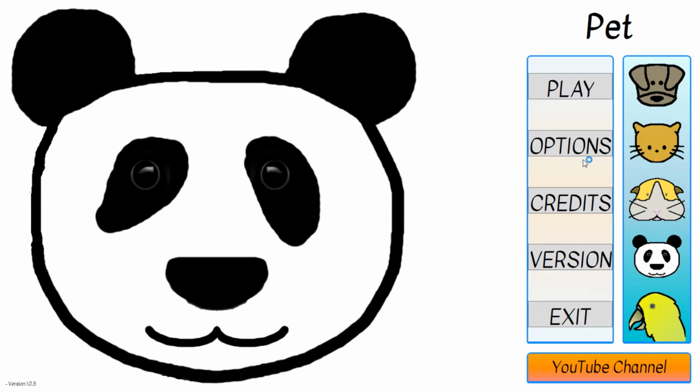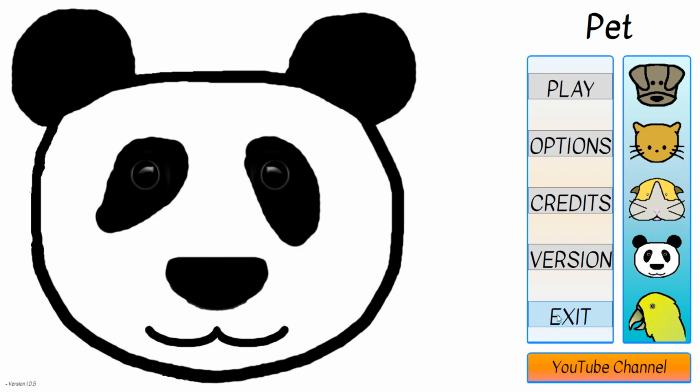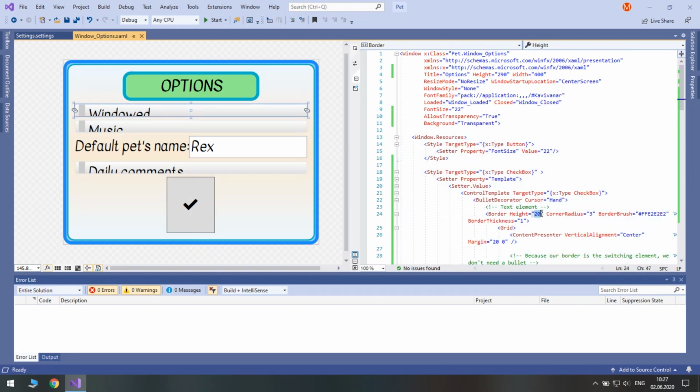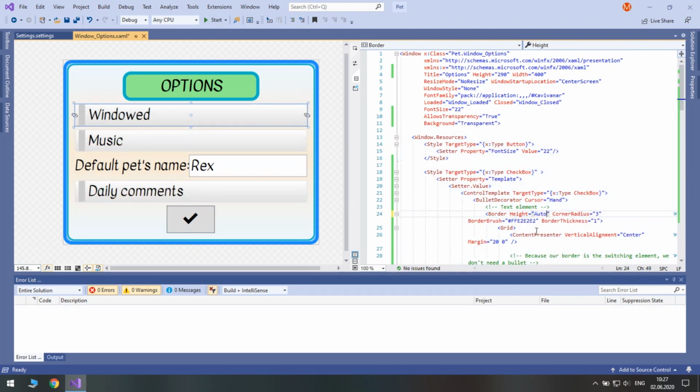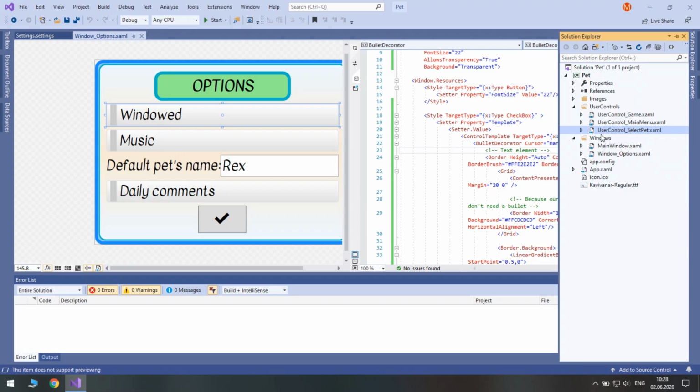Let's see how it looks. Something is definitely wrong because our checkboxes are just cut off. That's wrong. So this problem is only with the checkboxes. Let's set the height to auto. Yeah, that should do it. Good. It looks quite nice. I like it. Now we need to code it. This won't be a hard task because we have only 2 new settings.